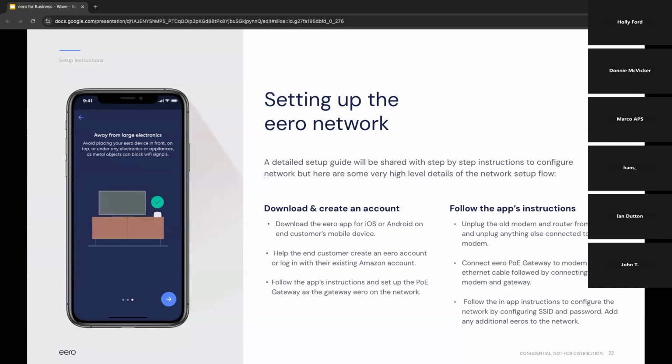Of course, some of the high points that I would call out: always make sure that whenever we're plugging our first eero, that gateway eero, into our WAN source, our modem, ONT, whatever, especially if it's a cable modem, we always want to unplug that from power, right? Unplug the old networking equipment, plug the eero into that modem, and then you can plug back in the power